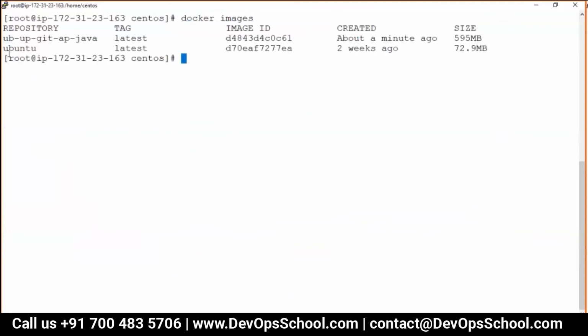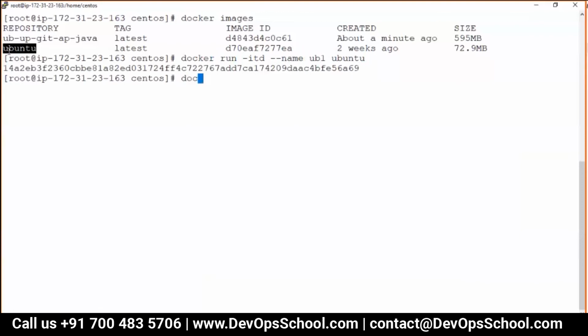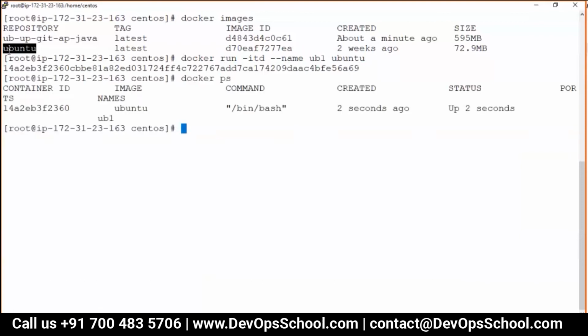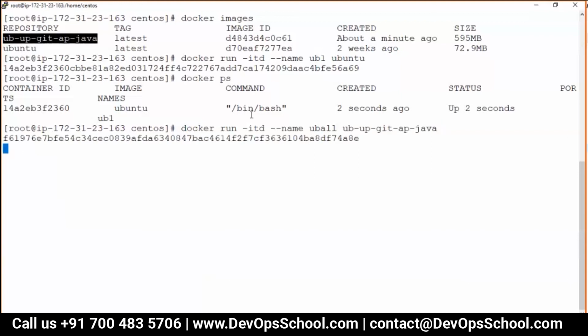If you want the Ubuntu base, docker run -itd --name equal to ubuntu, and this is the image. This is the container which is containing Ubuntu. Okay, and Ubuntu all. This is the container which contains everything.